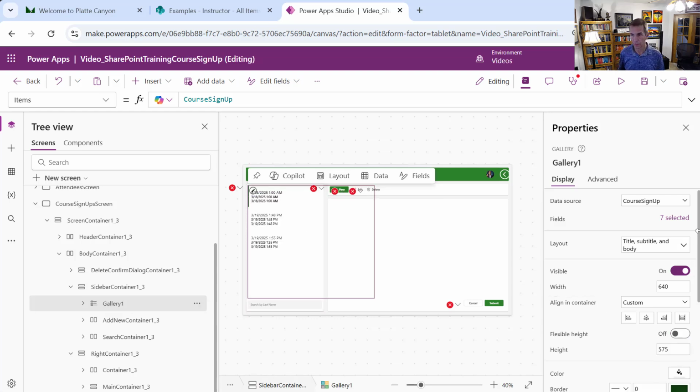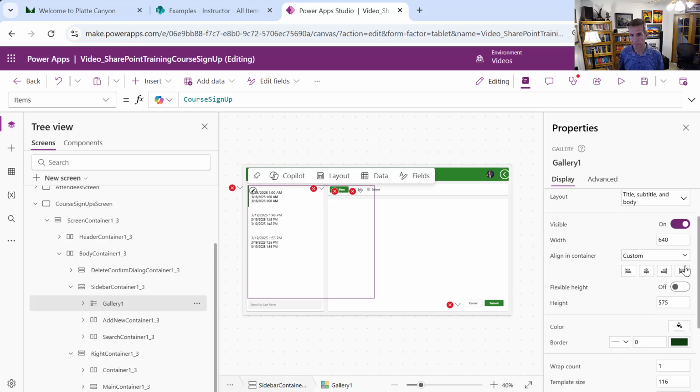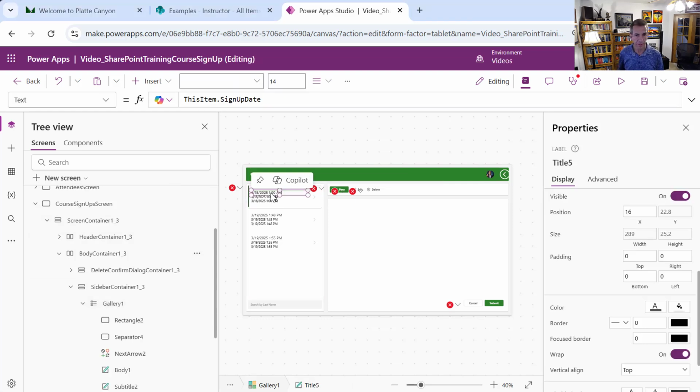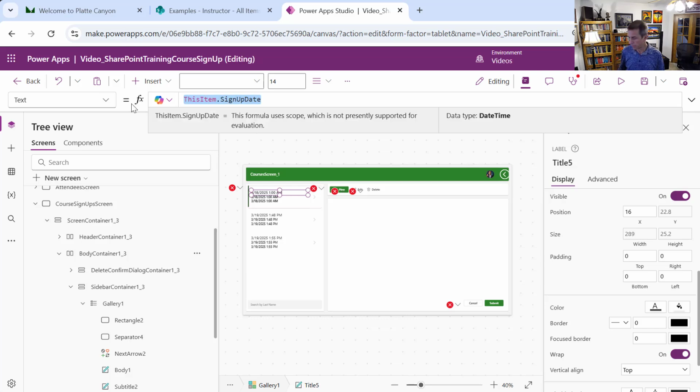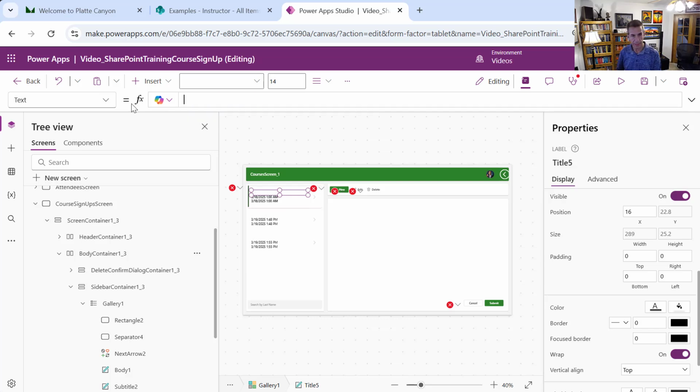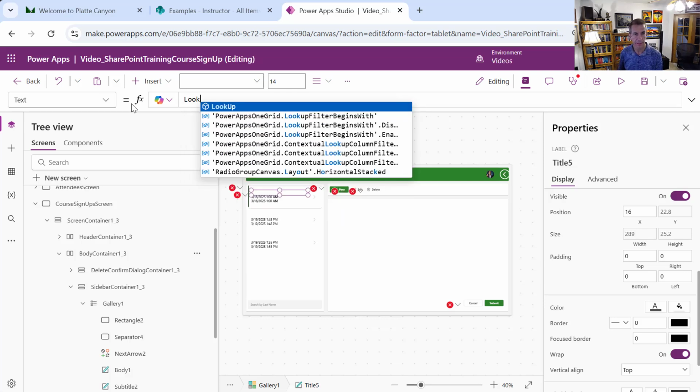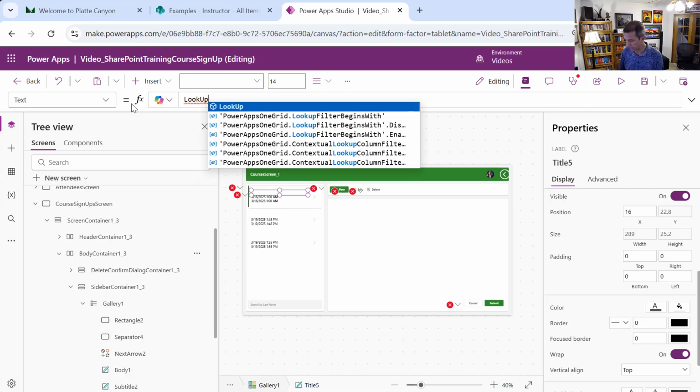There we go, and I want this to fit the width there. And then what I need to do is work with these elements. Okay, so I don't want that, but I want each of these. It doesn't do me any good to show the course ID, which is all I have in the course sign up table. I need to show the name of the course. So I say lookup